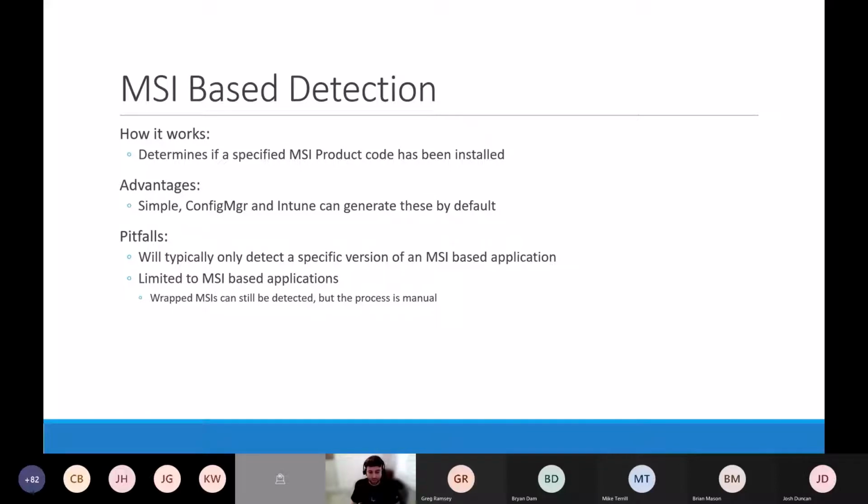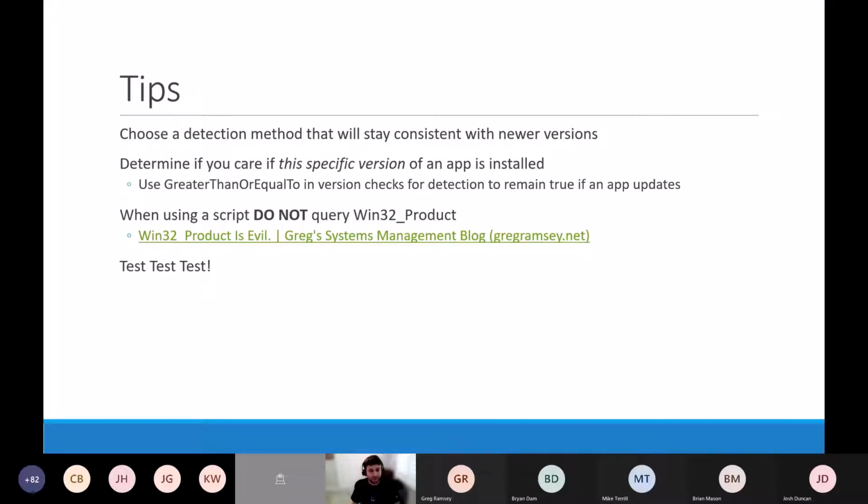Before I go, just so everyone knows, this is going to be a lot of demo, not a lot of slides. So before I go into demo, just some tips. When creating detection methods, you should choose a detection method that will stay consistent with newer versions. Like I said before, basing it on the product code is difficult, because when you go to create a new version of apps,